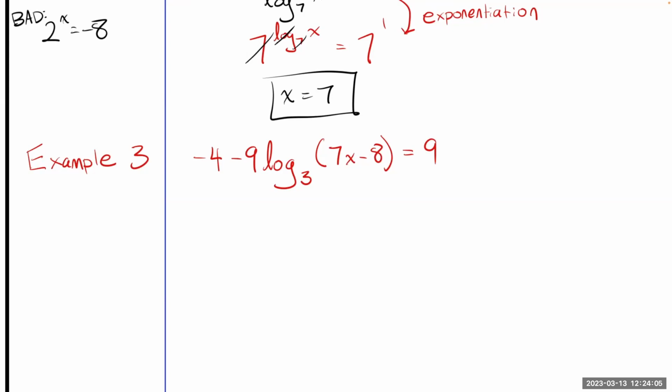So again, what we're trying to do is isolate just the logarithm, meaning we need to get rid of the -4 and get rid of the -9, and then do exponentiation and then algebra. So first step. Add 4. To get from here to here, we're gonna add 4, and I now have